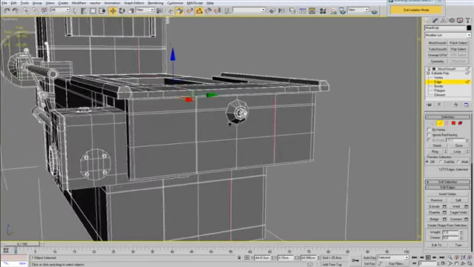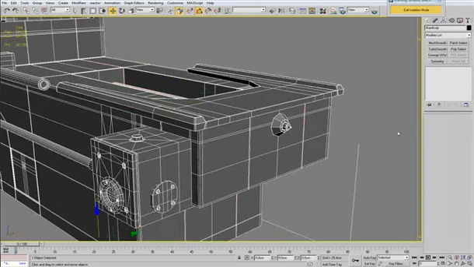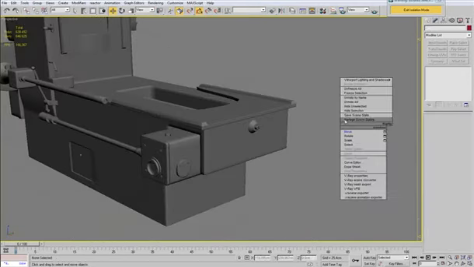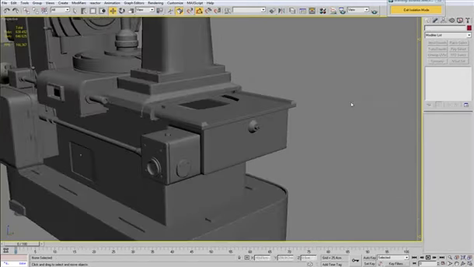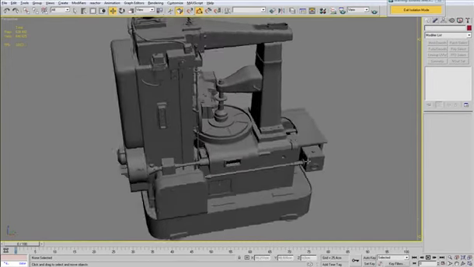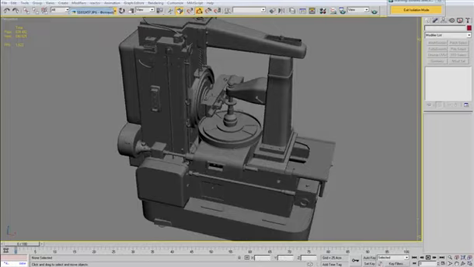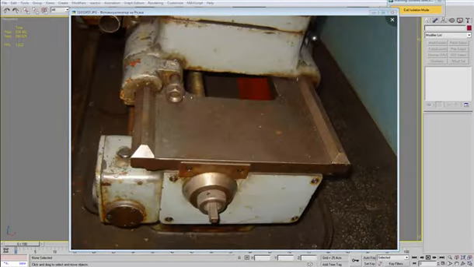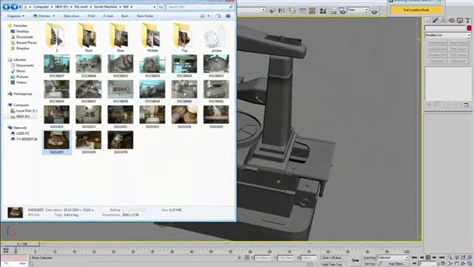Just looking around my mesh here, thinking what should I do, how that's looking. I'm going to check my mesh by showing up everything,